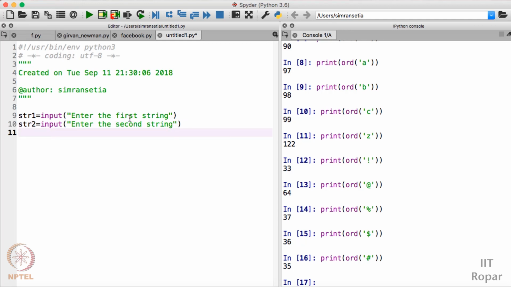As you all know, by default input takes a string. We don't need to typecast this as we do in the case of integer or decimal values. Whenever you have to take a string as an input, you don't need to typecast it. You just write the input function, and in the round braces whatever message you want to display. So here we are done. We have str1 and str2. We'll compare str1 and str2 and find out whether these two strings are anagrams or not.